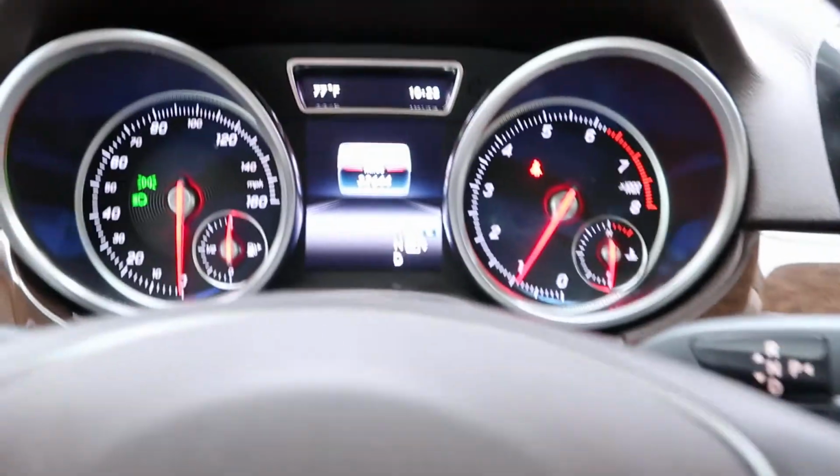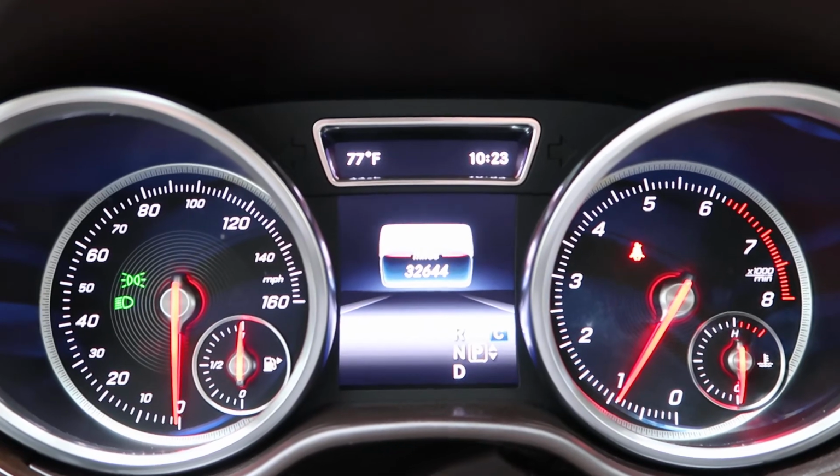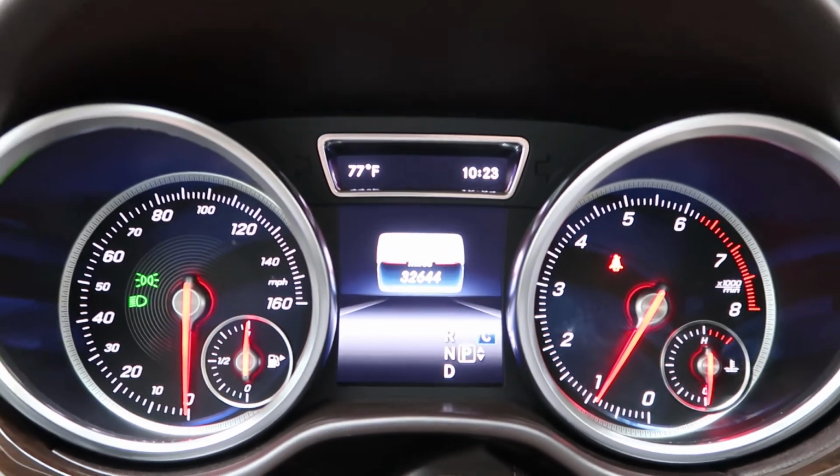This GLE 350 has 32,644 miles. Carfax and service records available